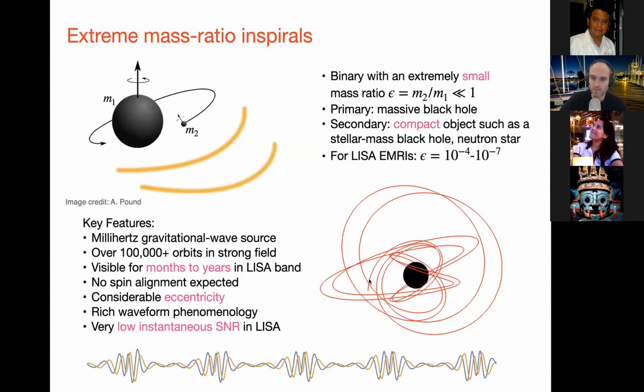As you've seen before in that little animation, the typical motion, in this case the geodesic motion, which would look like a snapshot of the EMRI, is very complicated for the secondary around the primary. But these signals have very low instantaneous signal to noise ratio in the detector. So the only way we can pluck them out of the data is to have very accurate waveform models that can be convolved with the data stream to see if that particular signal is present. That's the motivation for modeling these systems.